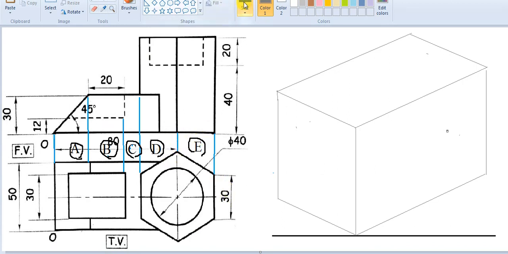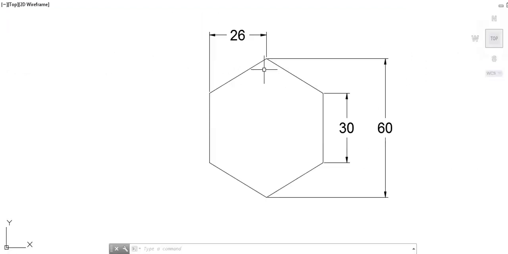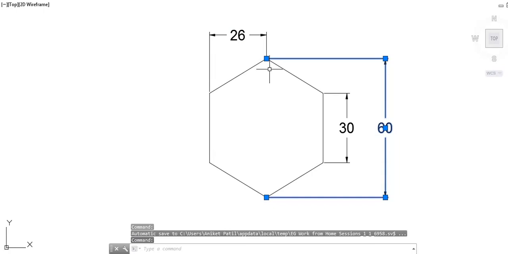Let me show it using a stick. This particular dimension, as well as the distance between this point and this point. As we can see, this dimension 60 is the greater dimension between the hexagonal points.